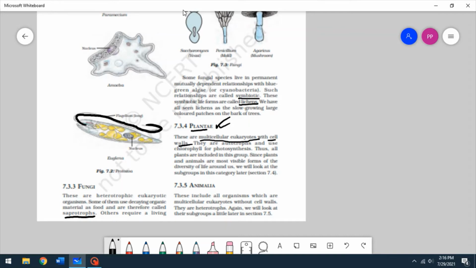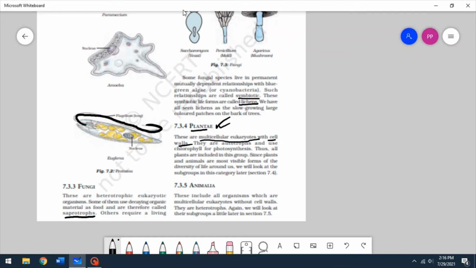Alright, again, Monera, prokaryotic unicellular organisms; Protista, eukaryotic unicellular organisms; fungi, heterotrophic eukaryotic organisms, most of which have the ability to become multicellular at some point in their lives. Plantae, multicellular eukaryotes with cell walls, and I'm going to go a little ahead of myself and say Animalia, multicellular eukaryotes without cell walls. Alright, so they're autotrophs, that is, they prepare their own food and they use chlorophyll for